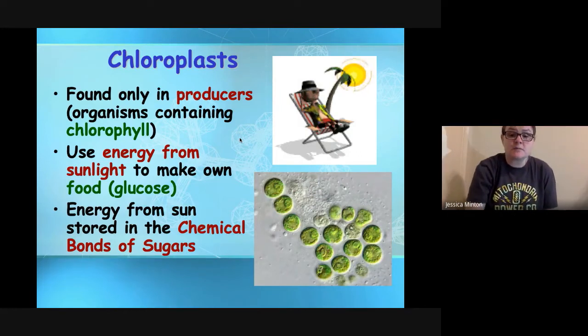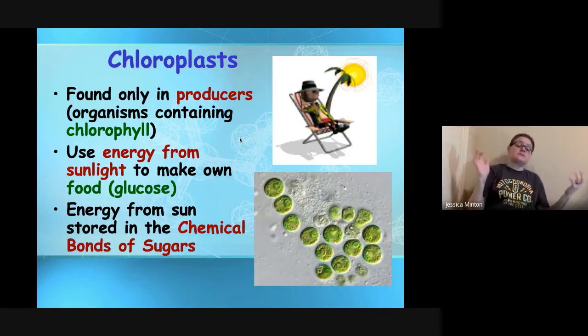So we're looking at something that can produce its own food by using the sun and converting it into something else usable. If I go lay out in the sun, I don't know about you, but I go from this to looking like a cooked lobster, and then I go back. I am never going to turn green. I am never going to end up being able to make my own food. So, chloroplasts are found in producers,